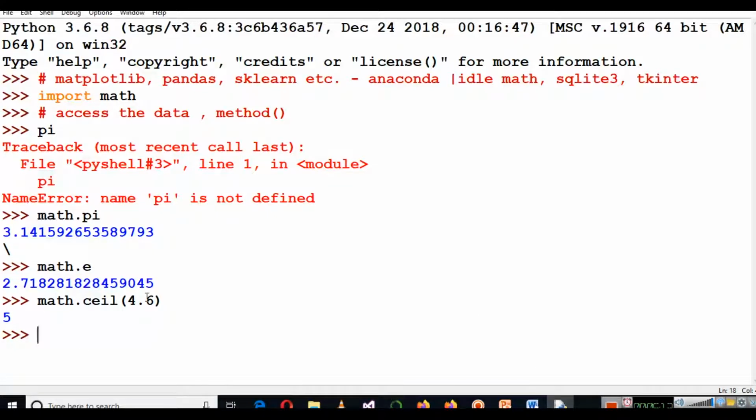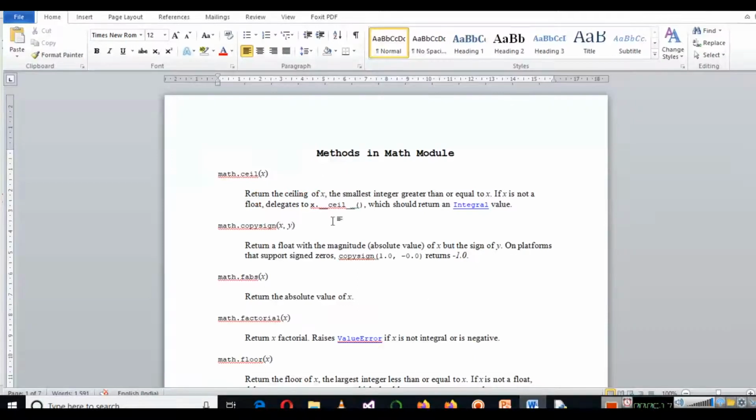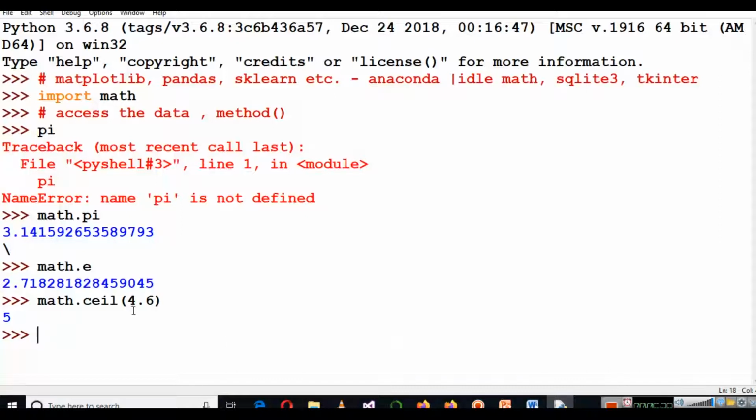In technical words, it returns the ceiling of x, that means the smallest integer greater than or equal to x. If x is not a float, it delegates to x. So ceil returns integral values. Because we have entered 4.6, the integer part here is 4 and the next integer after 4 is